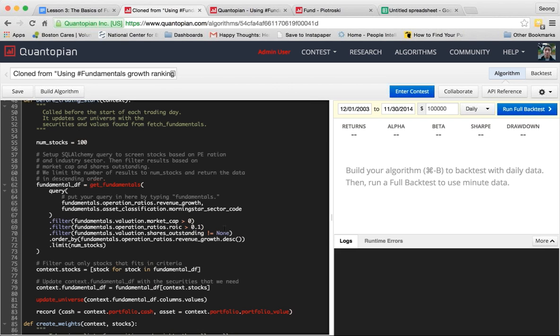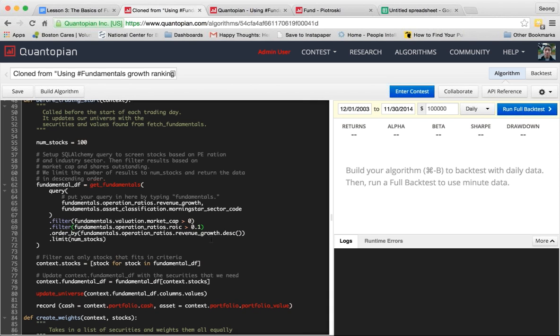Finally, he has shares outstanding does not equal none. I believe now you actually don't need this anymore, so you don't really have to bother with where fields do not equal none. Finally, he has order by revenue growth descending. So he's looking for the companies with the biggest revenue growth,